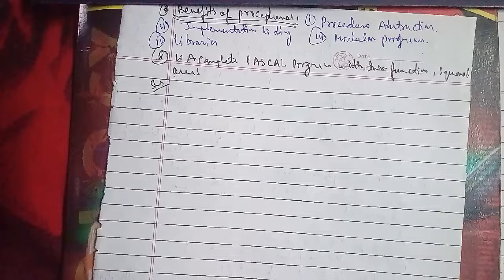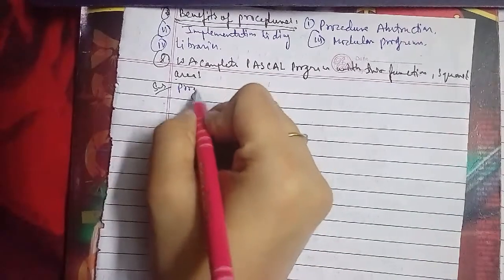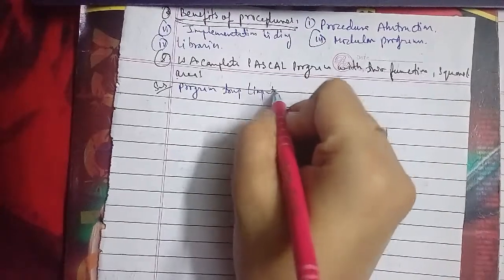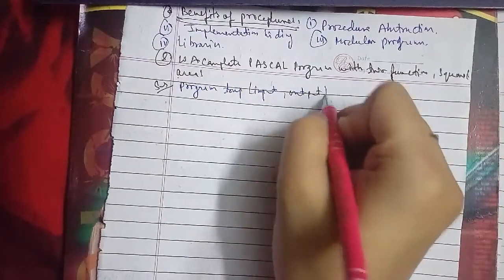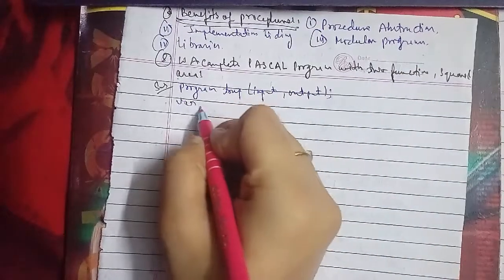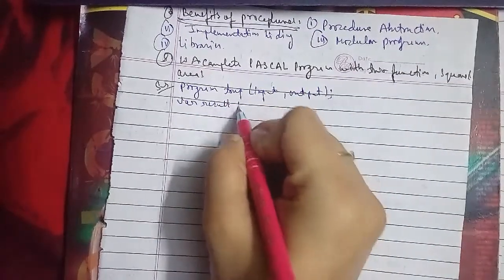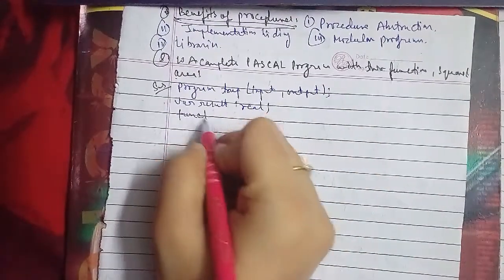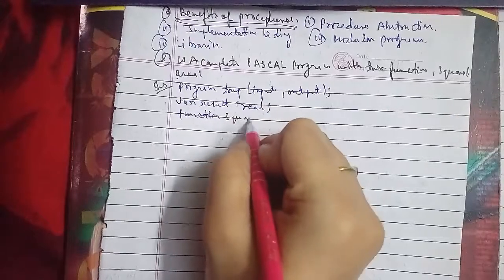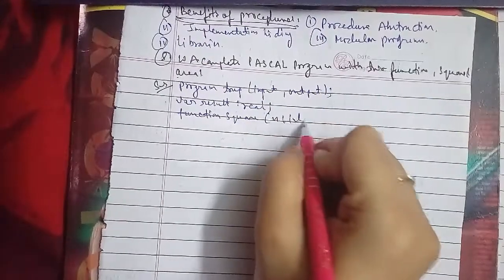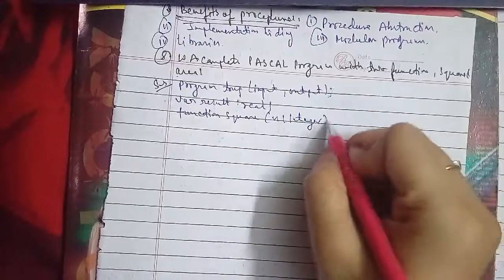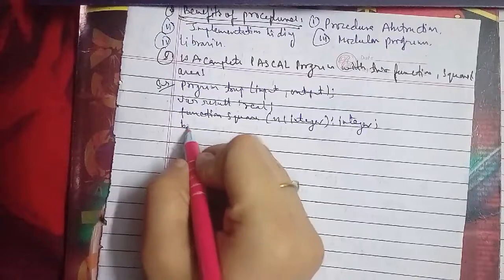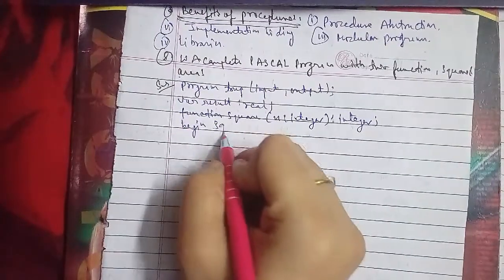program trap (input, output); var result: real; function square(x: integer): integer; begin square := x * x end;